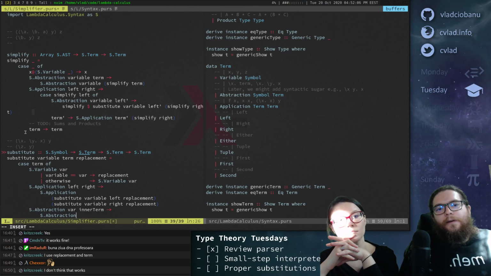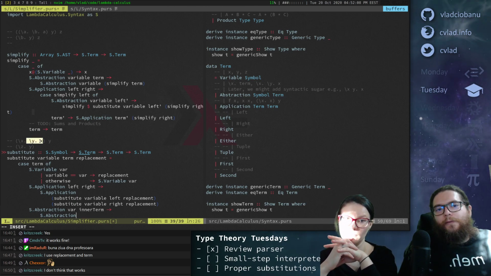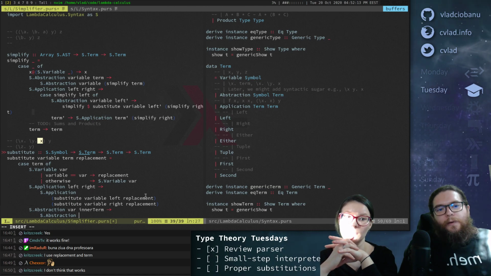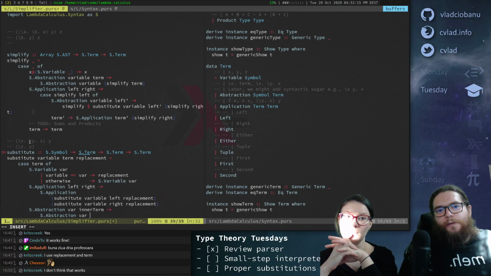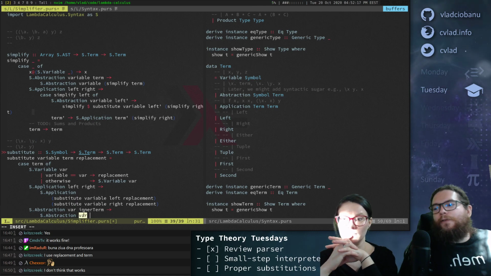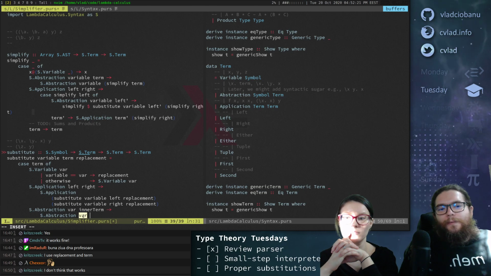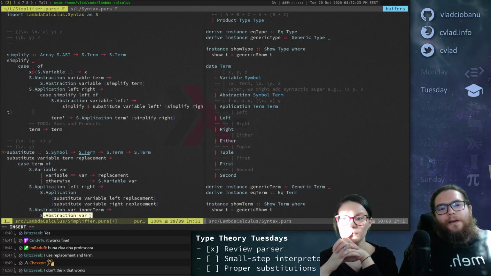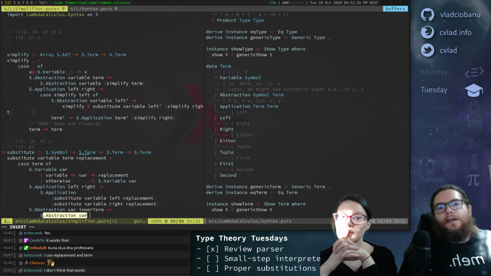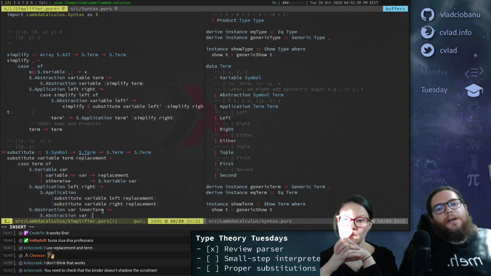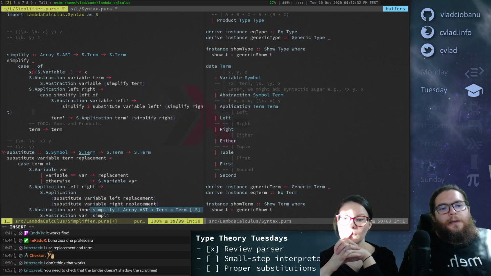It's kind of like here: if we're replacing here, then we need to look inside here to find this x and replace it. So we keep the same variable name here, we don't touch this, but this is where we would have to make sure it doesn't clash with the term. This is actually where the tricky part is, and also probably in the replacement somehow, but I'm not sure.